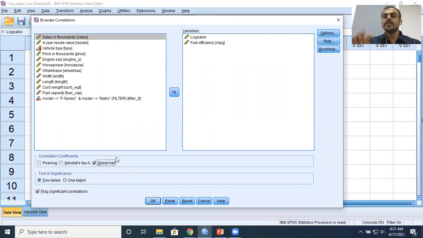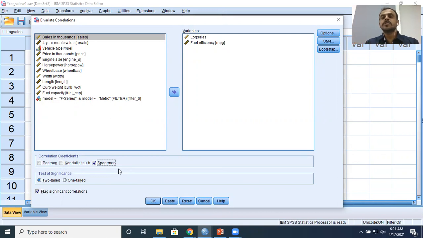Now here we will be looking at the ranked cases. So the effect of outliers is nullified, because if there is a case for F series and metro, which is very, very large, 45 and 600 and such big values, we will be looking at the position, not the actual value. So this will basically work on the ranked cases, not the original data points. Therefore the effect of outliers and such things will be very, very negligible, right? These non-parametric tests are popularly referred to as distribution-free tests. I repeat, non-parametric tests are distribution-free tests.